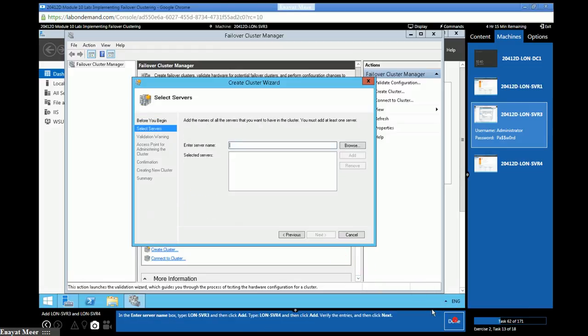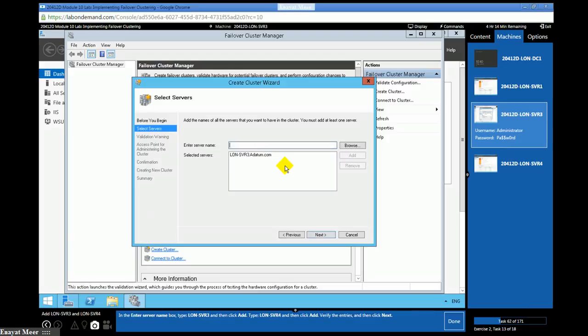Here you're going to give a name to the cluster, and then you're going to select servers. First you're going to add SVR3 and SVR4.